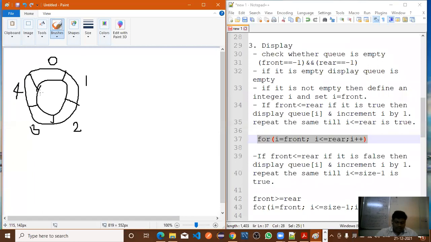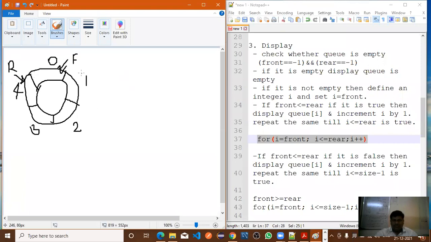Now here, if the rear pointer is at position 4 and the front pointer is at position 0. Tell me, at which position is the front pointer? At position 0. And the rear pointer is at the end of the queue. Is it visible to all?